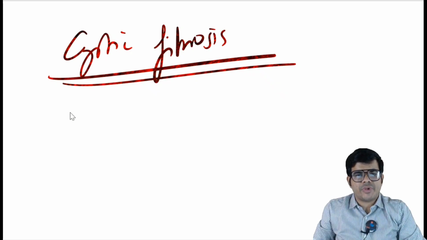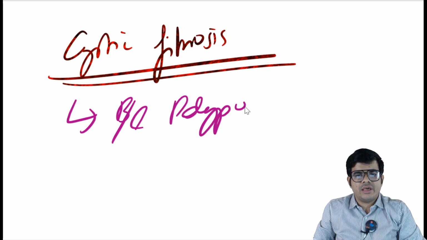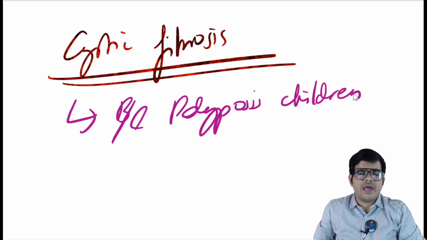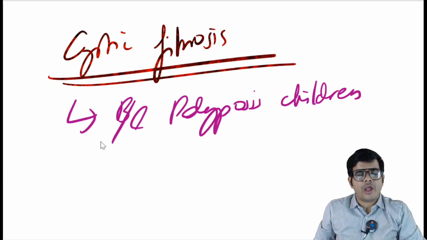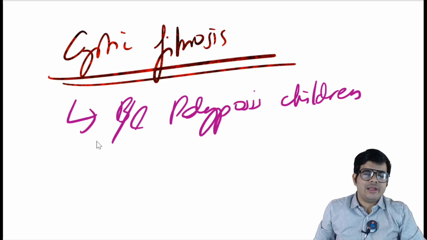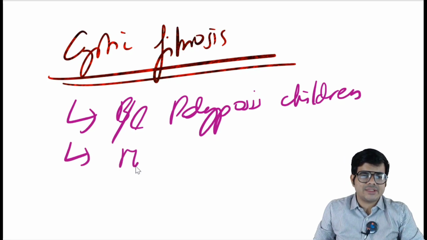Cystic fibrosis presents as bilateral polyposis in children. In children, when you are having bilateral polyposis, this is the first diagnosis that has to come to your mind. Why? Because it can be the early presentation of cystic fibrosis. In cystic fibrosis, there are other problems like pancreatitis and whatnot. You will have to learn it in detail in general medicine as well as pediatrics,